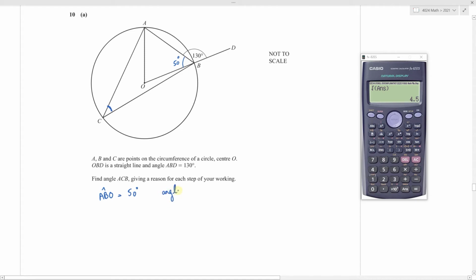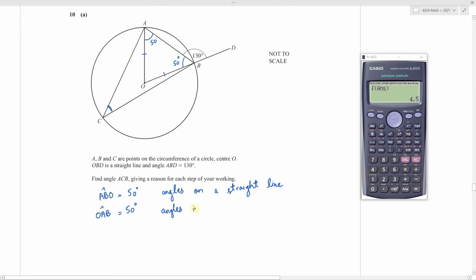Reasoning would be angles on a straight line. So if this is 50, this is also 50, because triangle AOB is an isosceles triangle. These two sides are equal because both are radius of this large circle. So this is radius, this is also radius, so they must be equal in length. So the next angle is OAB. Angle OAB equals 50 degree also, because of